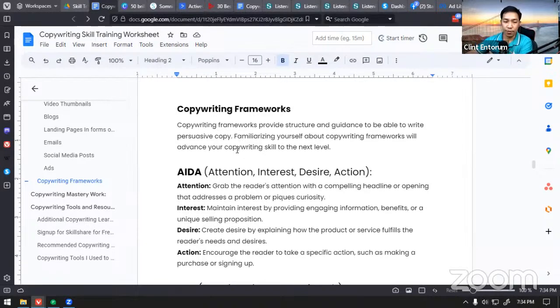Once you learn the fundamentals, which I really recommend, though there are already AI tools to do things faster, it's really important to know the fundamentals. That's why I brought you here to know the frameworks, what copywriting is, and I'm also giving you the resources you have to spend time on to really understand copywriting more deeply.